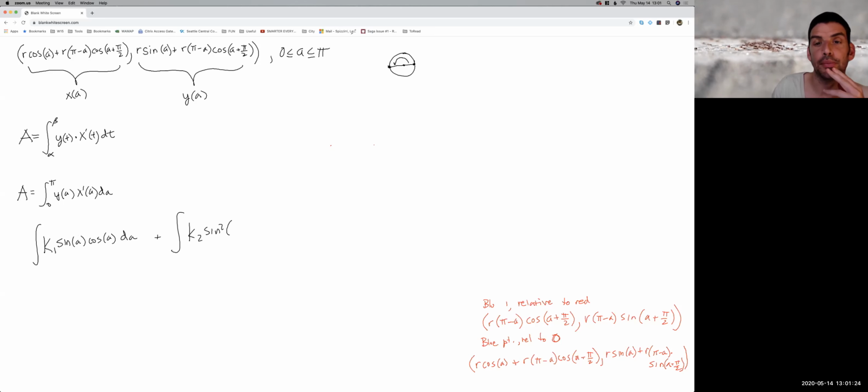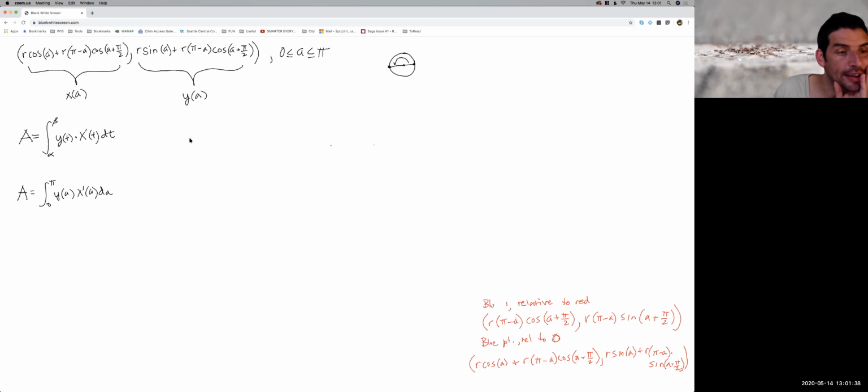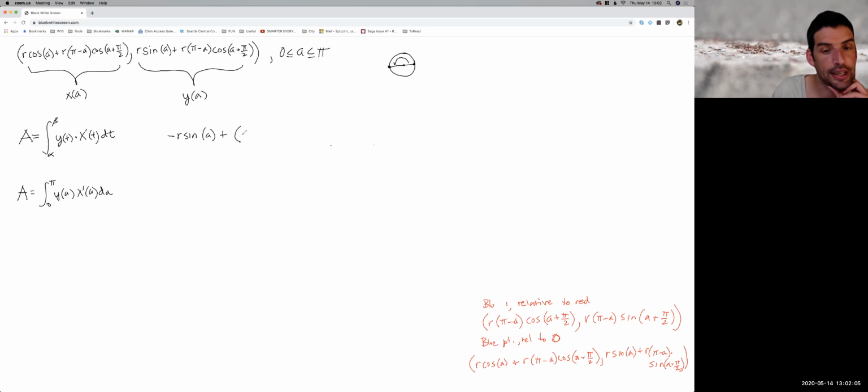oh wait, sorry, I realized I'm mixing this up because of that cosine. So when we multiply, let's do a little bit of it. Sorry, I realized I was oversimplifying this. I'm still not going to finish all of it, but we can do a little bit of it. If I take the derivative of x with respect to A, what do I get? I get negative r sine of A, and I'll have a product rule here, so we'll have a constant, and the derivative of this first term is negative, so we're going to get negative,